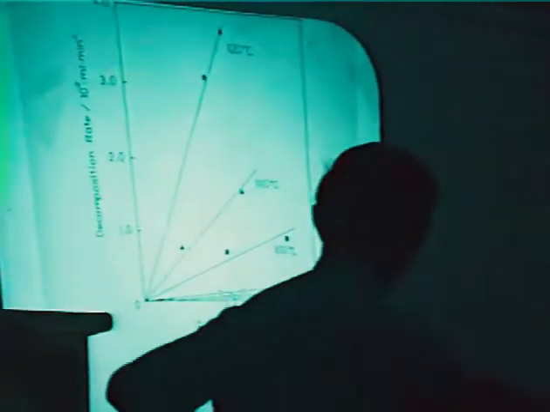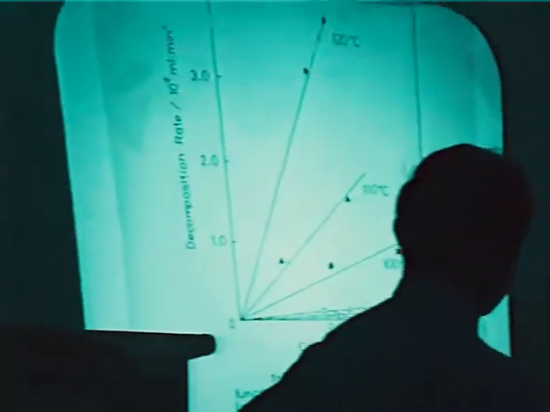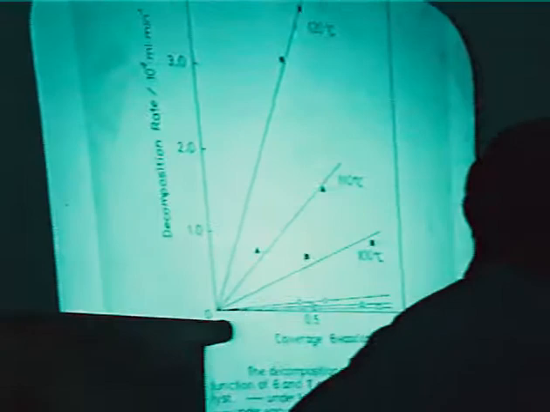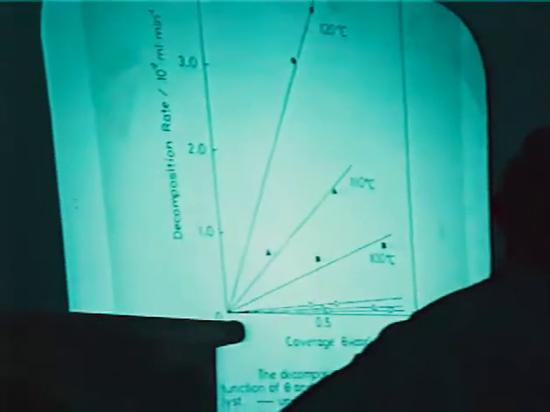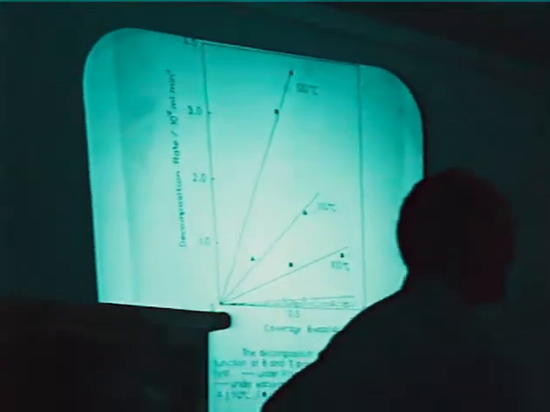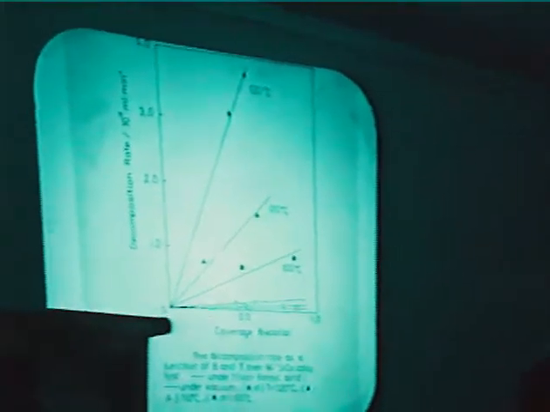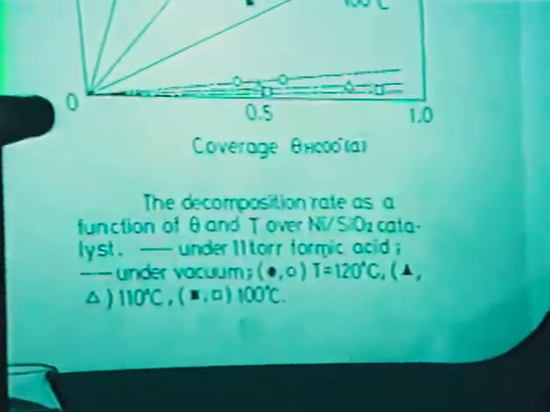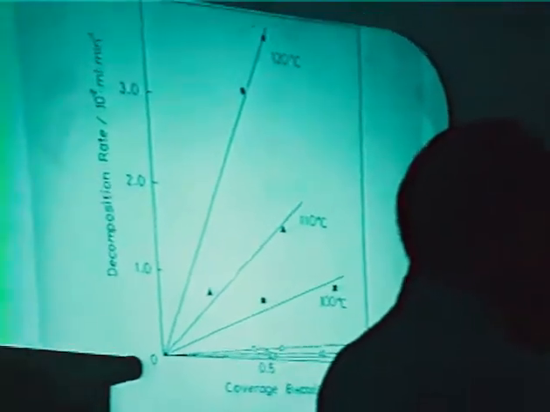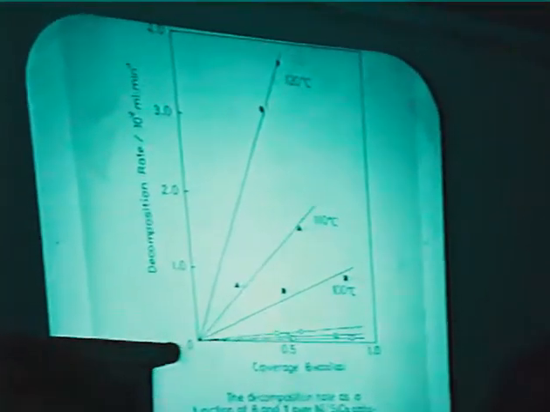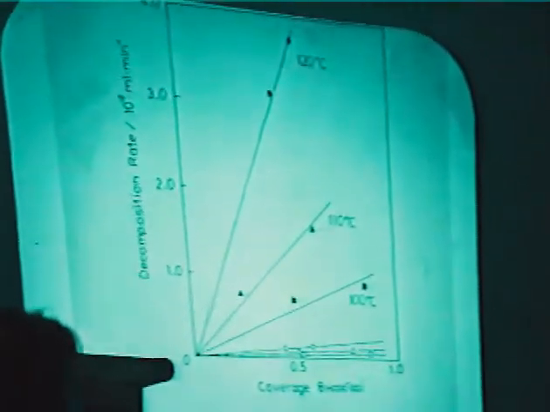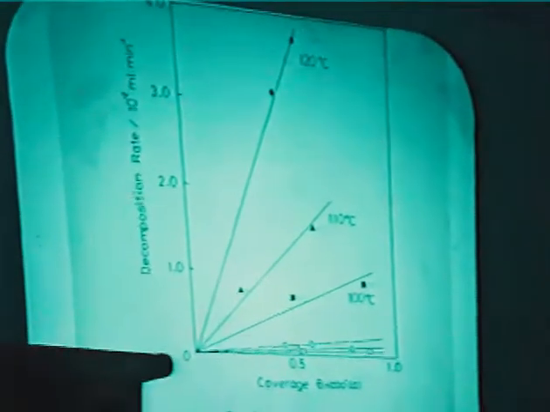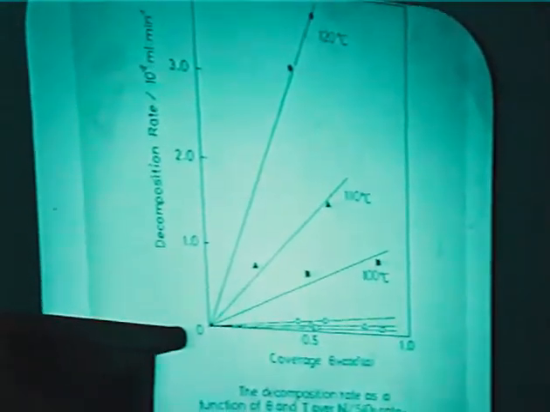these are the transition rates of surface formate ion under vacuum. But in the presence of formic acid, it decomposes at a much faster rate. So the reaction actually in this case is between the formate ion and the formic acid molecule in the ambient. So the presence of ambient formic acid is very necessary for the high rate of reaction.